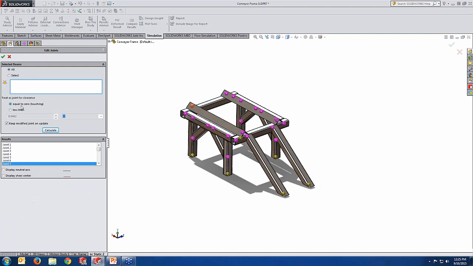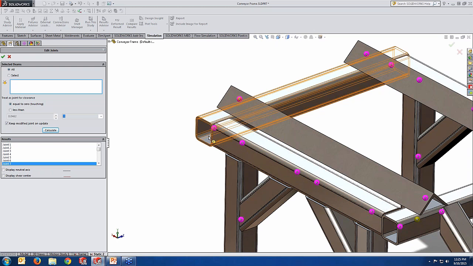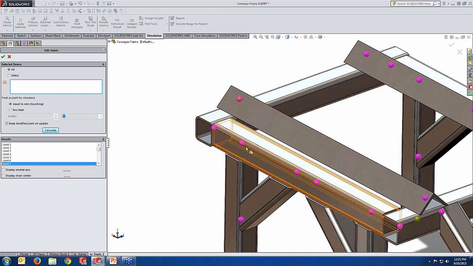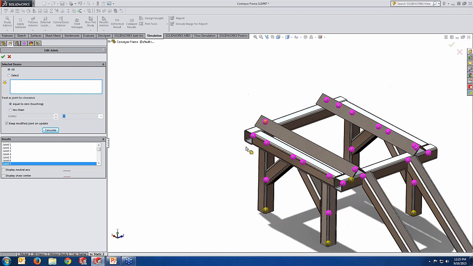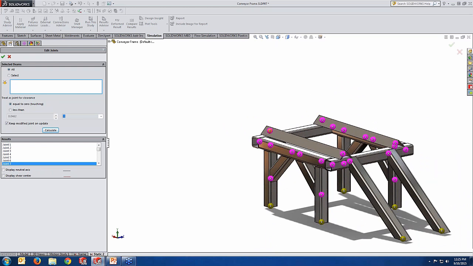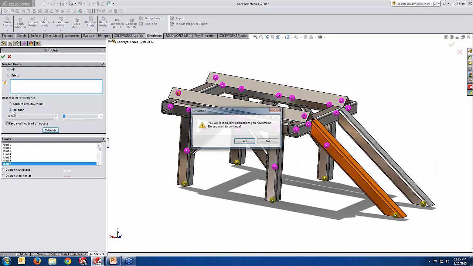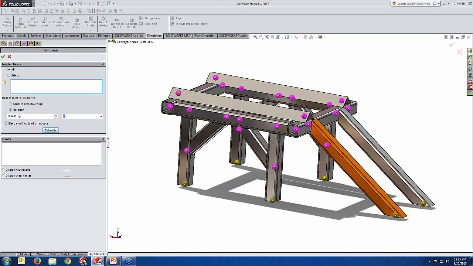Note that this is automatic and it is using equal to 0, or touching members. Means there is a joint when this member is touching the other one. And this is the joint. Same here and same here. In so many situations, you might have two members which are not simply facing or touching each other, and there is a gap clearance. You can make more or less by changing this one and using less than and simply typing the value you